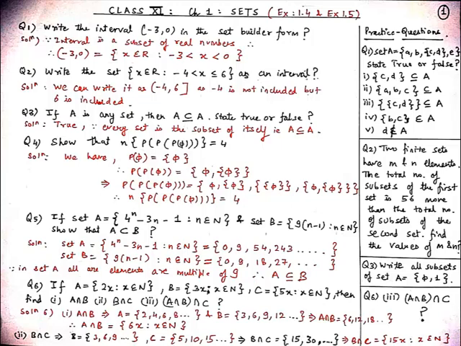So from set A and set B, as you can see, in set A all the elements are multiples of 9. So from set A and set B we can say that A is a subset of B. And now our sixth question for today is: if A = {2x such that x belongs to natural numbers}, B = {3x such that x belongs to natural numbers}, and C = {5x such that x belongs to natural numbers}, then find A ∩ B, B ∩ C and A ∩ B ∩ C.